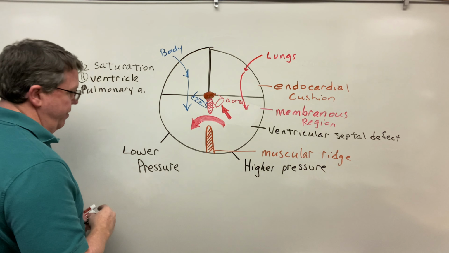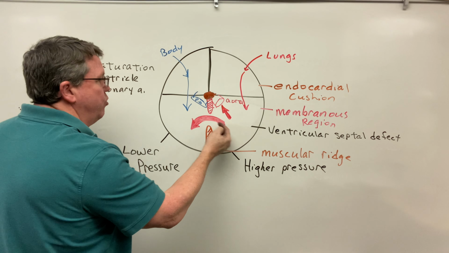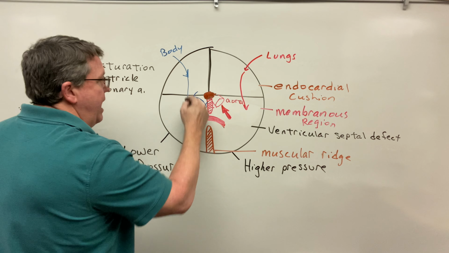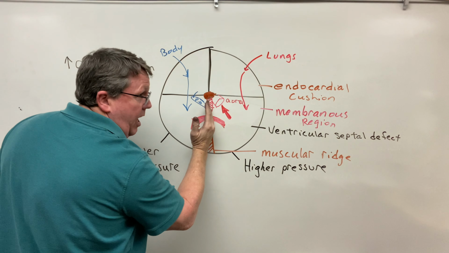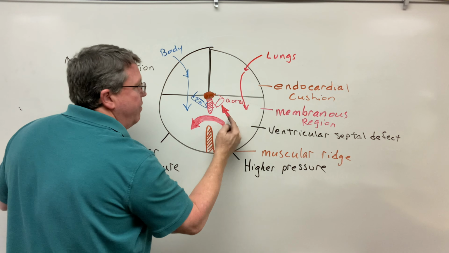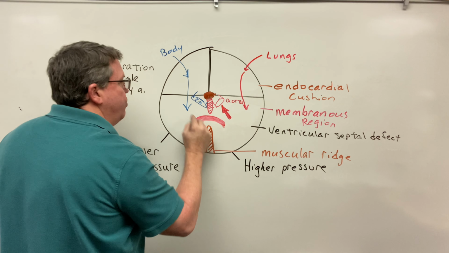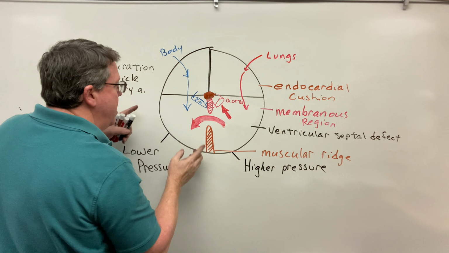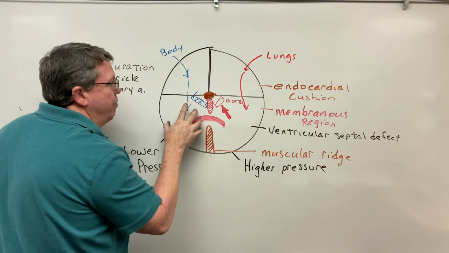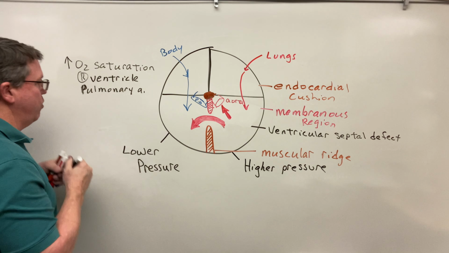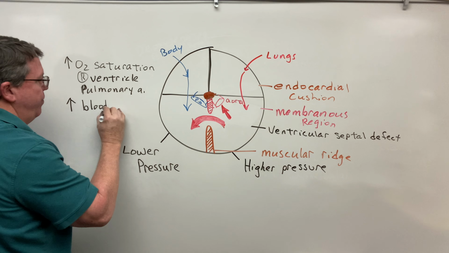Here's what can happen though, is as we continue, as this blood comes over here, right, and I'm getting blood coming down this way, again, if this was closed off, the blood would all stay here and then go out to the body. But because this is open, I have blood going this way, plus the blood coming this way, the right ventricle has to pump that extra blood out. So we're going to get an increase in blood volume